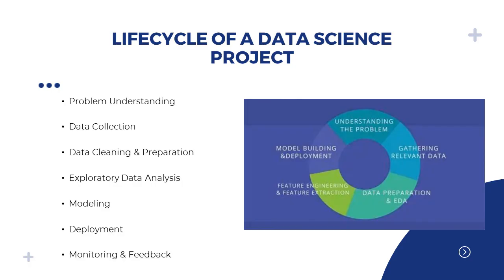This phase helps guide the model building process. Modeling involves selecting the right machine learning algorithms, training and validating them, and tuning hyperparameters to improve performance. Once a model is finalized, it moves to the deployment stage, where it's integrated into a production environment, often via